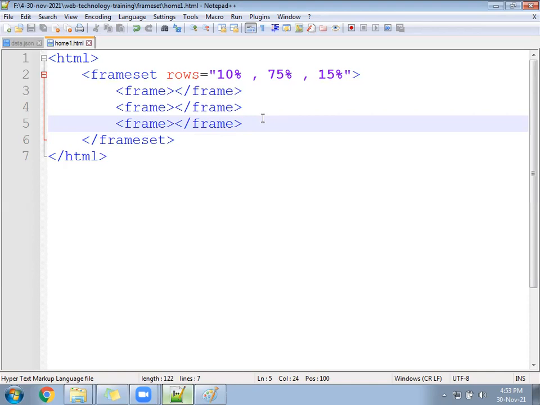Okay. So the first frame will go to the 10%. The second frame will go to the 75. The last frame will go to the 15. Okay. It will follow in sequence.